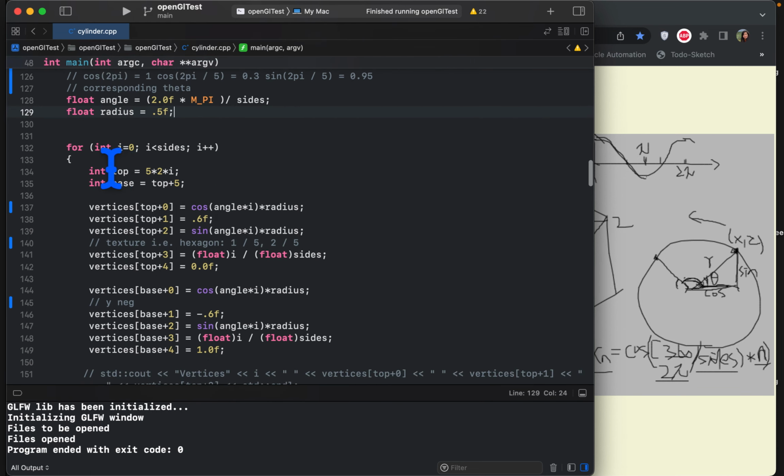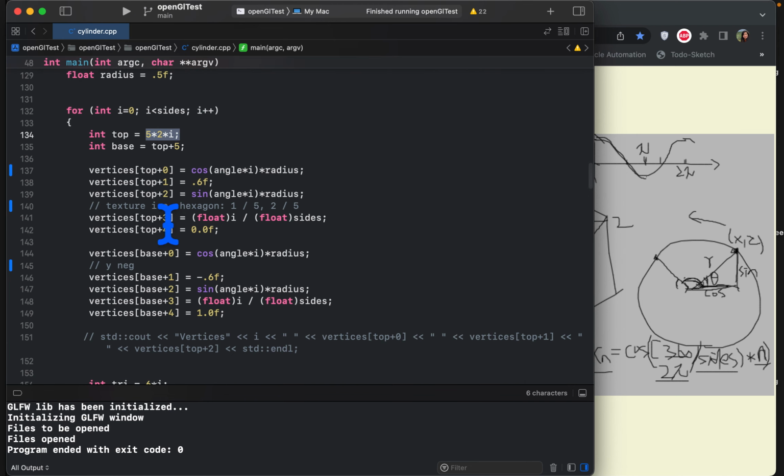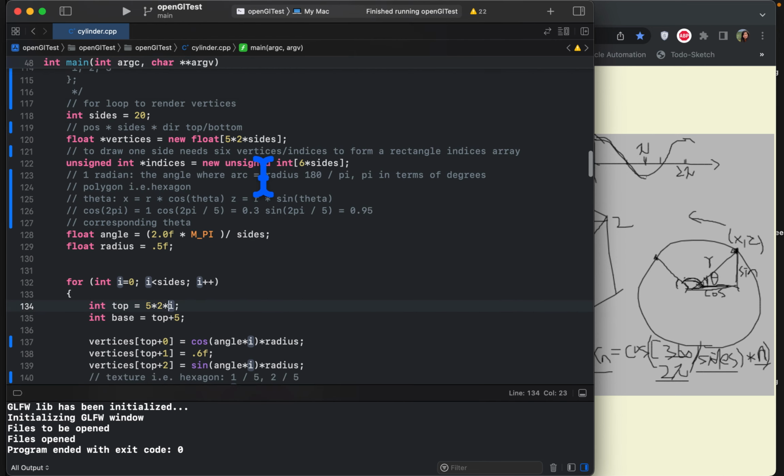So we're going to have a loop to iterate from just one side to two sides to all the sides, the maximum one, and for the indices of this vertices array, for the top we're going to use 5 times 2 times i. Hope you understand this for now,